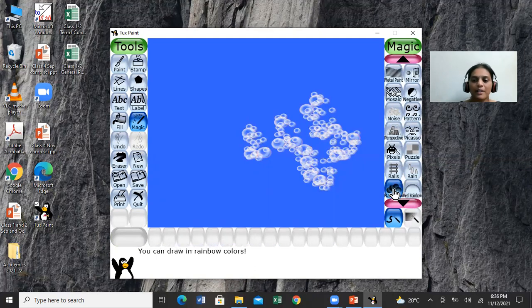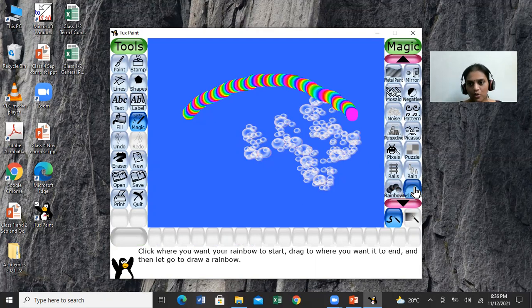Now I'm clicking on the rainbow. Now I'm moving the magic wand. Can you see? It looks like a train. This is called the rainbow effect. Now I'm going to the real rainbow tool. Now you can see it looks similar to a real rainbow. Now can you see the difference between the rainbow and real rainbow?